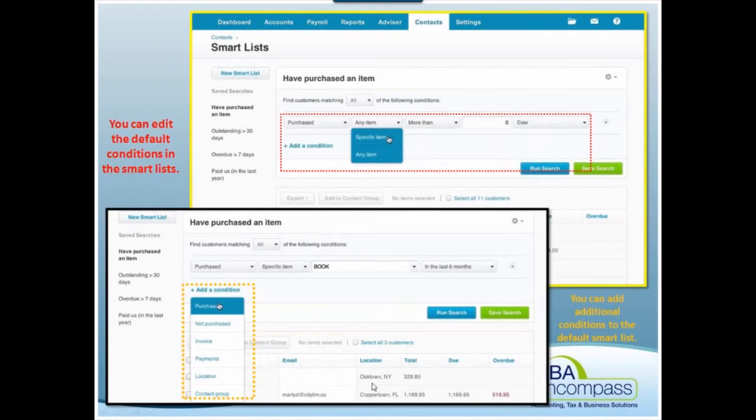That's where having your contact groups can be very handy, because you can pull a list of anyone who deals with you at, say, you have 2 offices at one location, and then has bought from you in the last 6 months, and you can actually get a list. And what it will do is